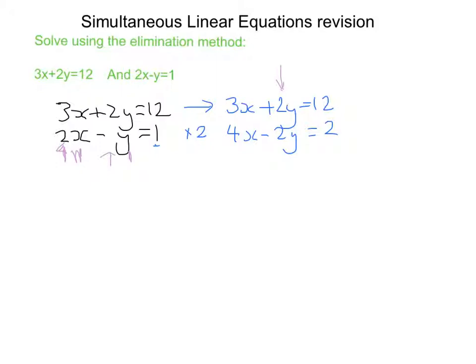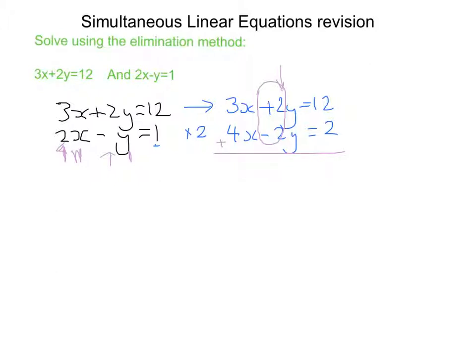So what we now need to do is look at the two terms there and think to myself, how am I going to get rid of them if I either add or subtract? How will they cancel down, or how will they be eliminated? And if I add those two terms together, positive 2y take away 2y, then it will equal 0. So that tells me with these two that I need to add these two equations together,